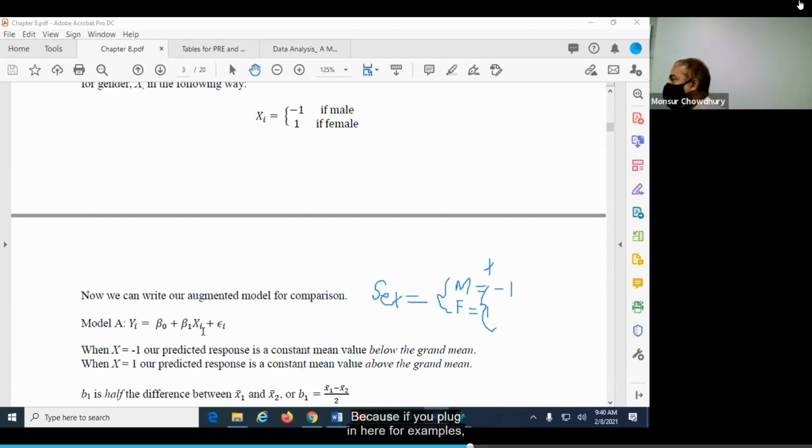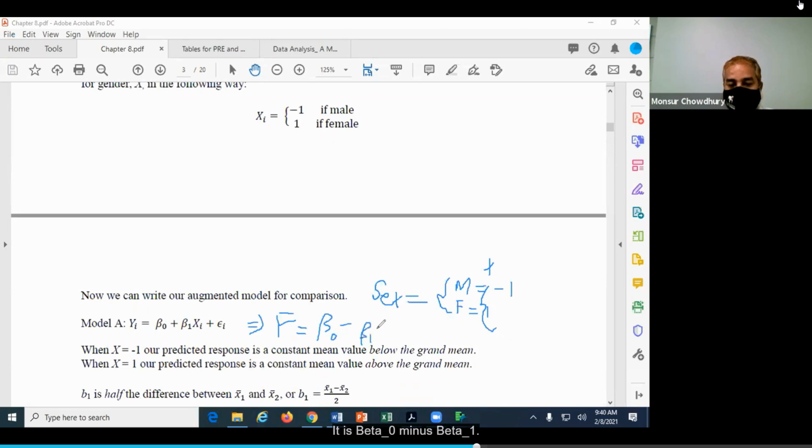If you plug in -1, y bar is just beta 0 minus beta 1. Is that right?